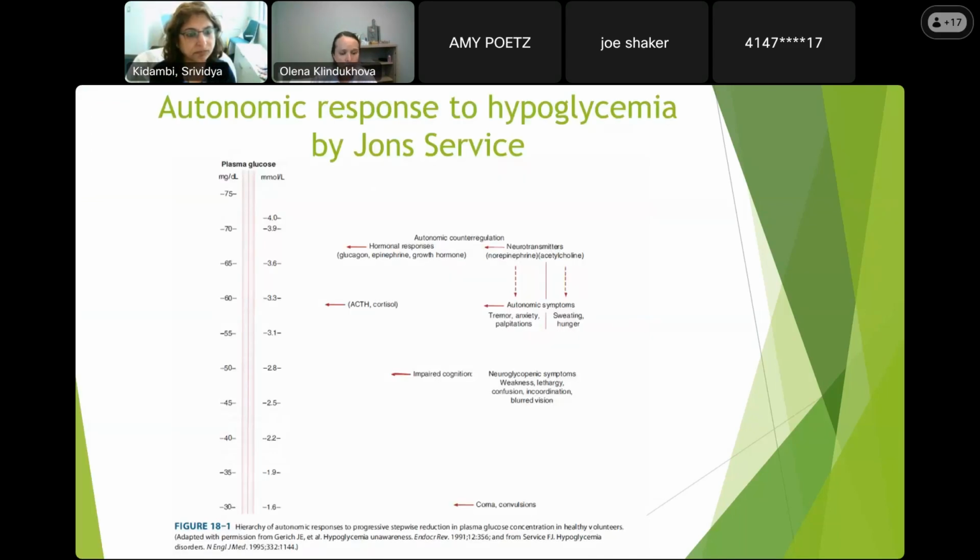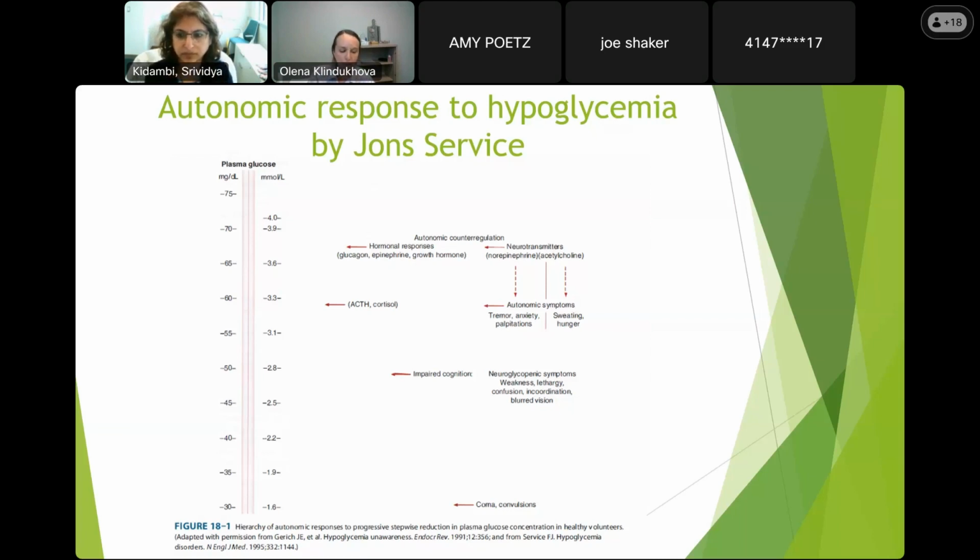Articles and trials, and kind of try to quantify and give more details on the 72-hour fast. And so he is definitely a grandfather of hypoglycemia. So this slide, I took it from one of his articles, that shows that depending on hypoglycemia levels, we all know that we will have a first autonomic response with release of glucagon, epinephrine, growth hormone, and that will lead to your typical symptoms of hypoglycemia.